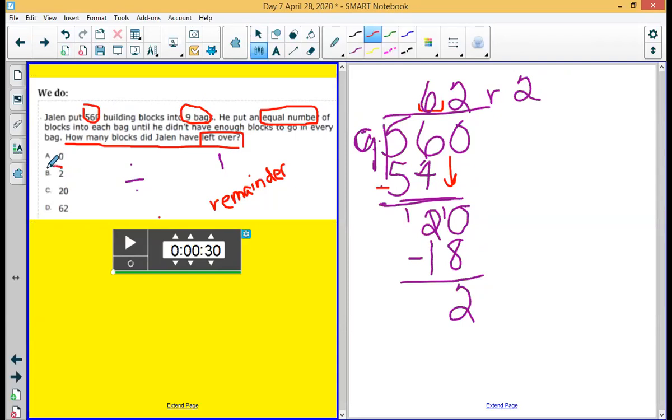Take a few minutes and write down what you have. If you need additional time,